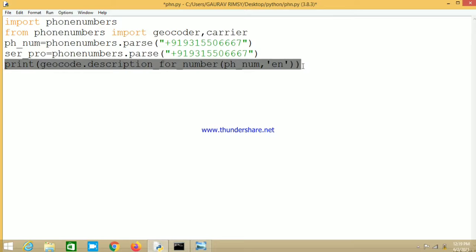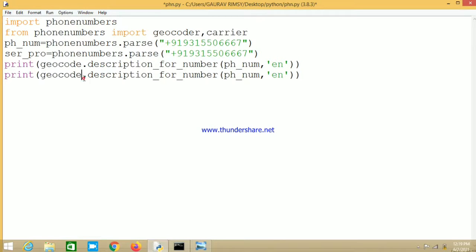Now we want the operator name. For the operator name we need to define carrier here. And here not description_for_number, here we will write name_for_number. We need to get the name of that phone number. So we will write name_for_number, and here we have the phone number, but here we need to define the service provider variable, and then en.